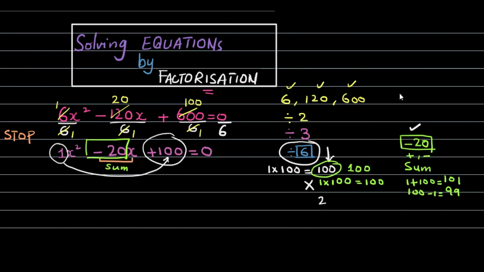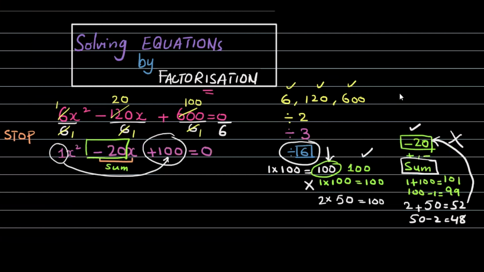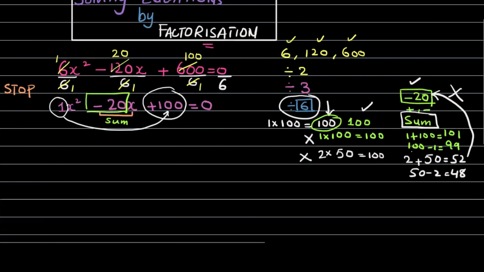Now I will divide this 100 by 2. Then I came to know 2 times 50 is 100. Okay जी. अब दो कंडीशन है इसकी, मल्टीप्लाई करें तो 100 आए, वो कंडीशन पूरी हो रही है, बट ये वाली कंडीशन का पूरा होना भी कंपल्सरी है. ओके जी. Now let's add them. 2 plus 50, it is 52, and 50 minus 2 is 48. So it means ये भी minus 20 नहीं आ रहा है in a result. So I cannot choose 2 and 50 as factors. Okay, let's move next.